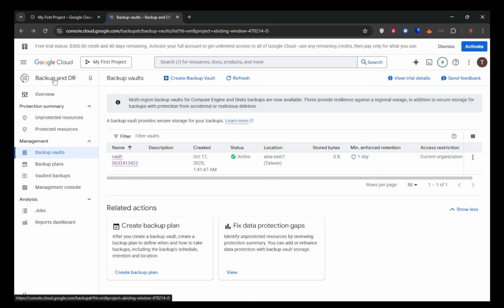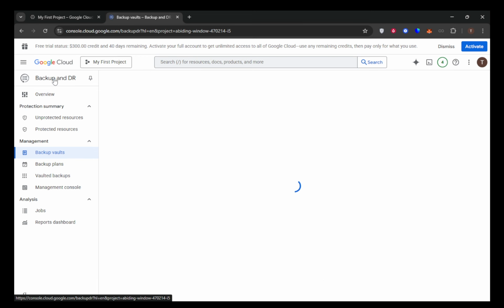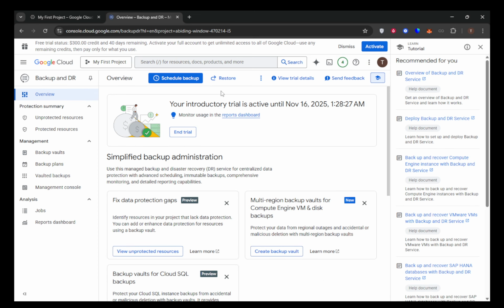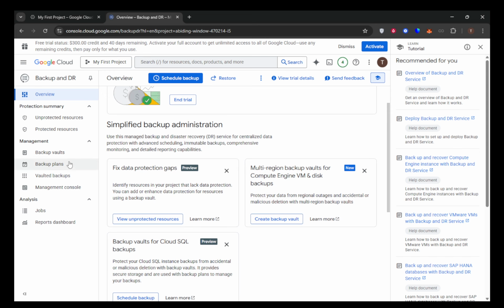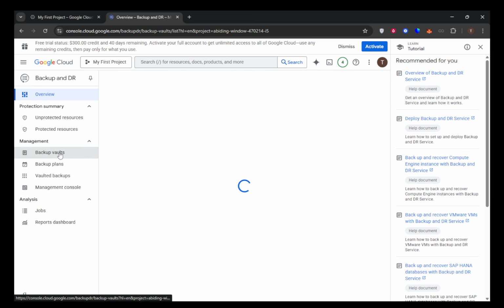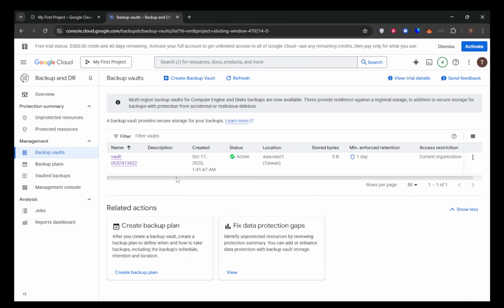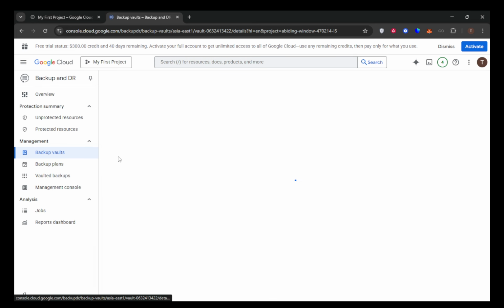they were taken. Once you're on the Vaulted Resources page, take a look through the list to find the specific backup you're interested in. Click on the backup name to view further details. Here, you'll find essential information such as the creation time, expiration date, and the backup rule applied to it. This detailed view helps you understand the life cycle and policy of each backup, providing clarity on your backup strategy